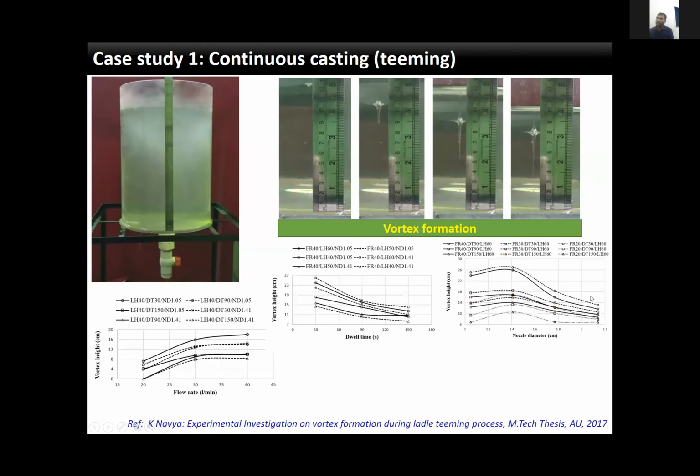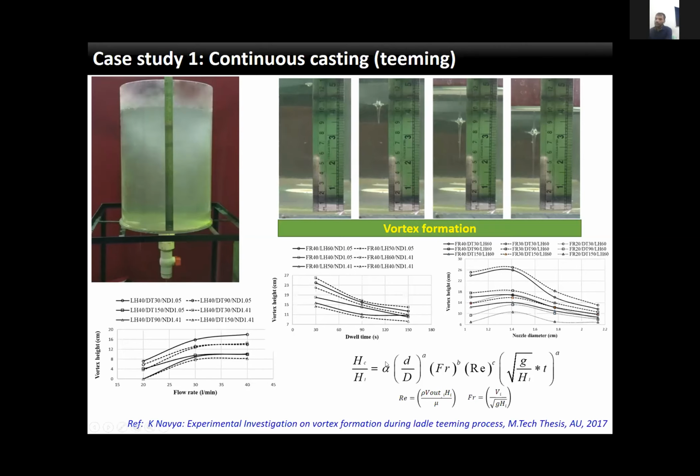Okay, this is because more liquid is removed sooner when you have a higher diameter. So obviously the vortex is expected to form at a lower height. With all this detailed, systematic experimentation, we were able to propose some dimensionless equations which can predict, for industry practice, at what height or at what time the vortex will form, and the industry operator needs to be aware so that he can stop the process.